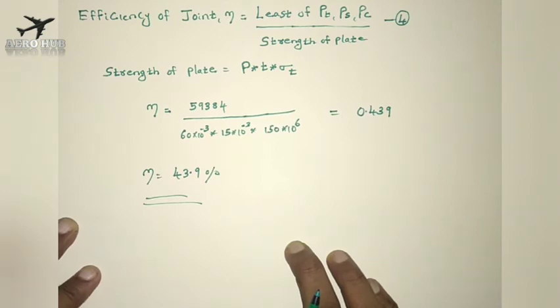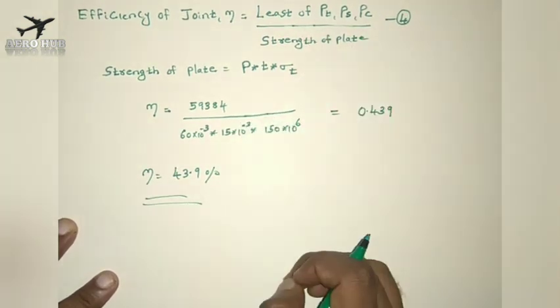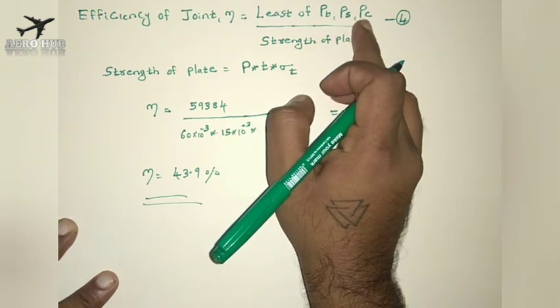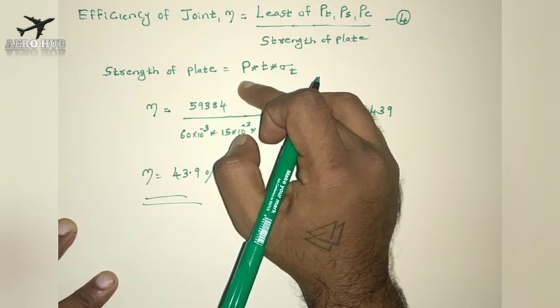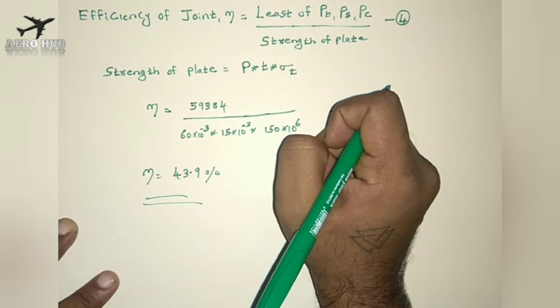This is the efficiency for our rivet joint, and this is a double riveted joint. We found the corresponding resistance to tearing, shearing and crushing, and finally we found the efficiency of the joint using the formula, that is the least of tearing resistance, shearing resistance and crushing resistance divided by the strength of the plate. The strength of the plate is given by the product of pitch, thickness and safe tensile stress. Okay, so